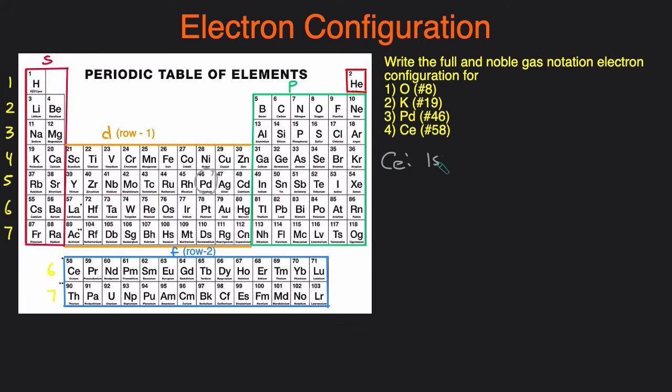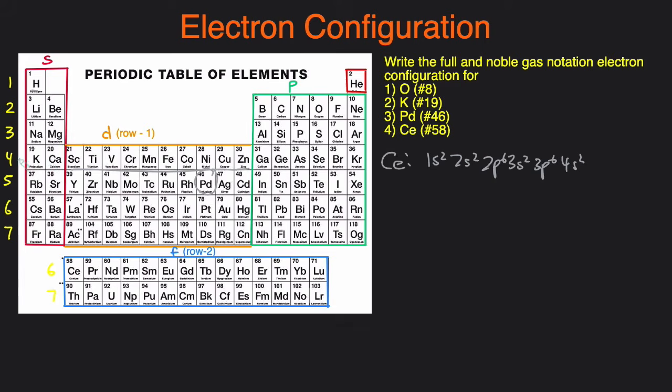So this will be 1s2. Then this is 2s2, 2p6, 3s2, 3p, and you have 6 here, the 3p6, 4s2,